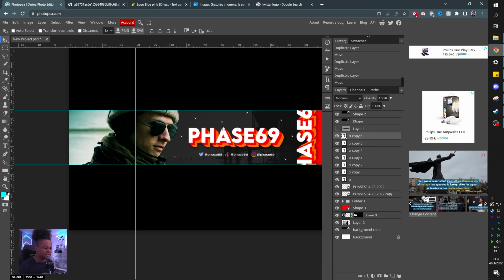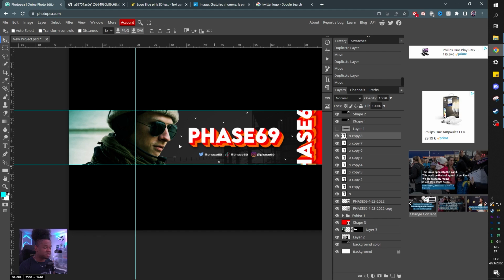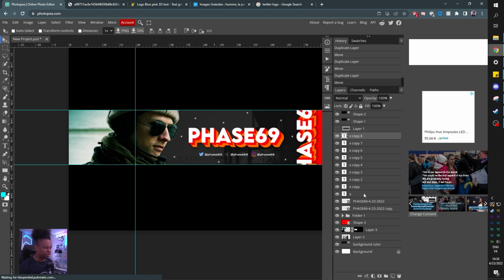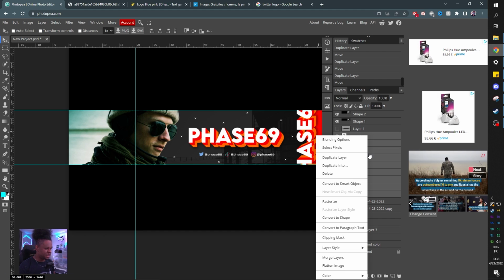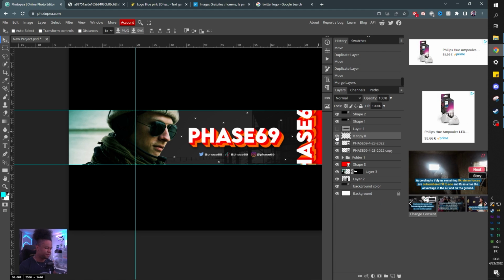We're basically trying to fill the space a little bit so that it looks decent. As you can see, we created a bunch of layers. I'm going to hold Shift, have them all together, right click and click merge layers. So now everything is merged together. You want to make sure of the placement before you do that, because you can't move them separately anymore.